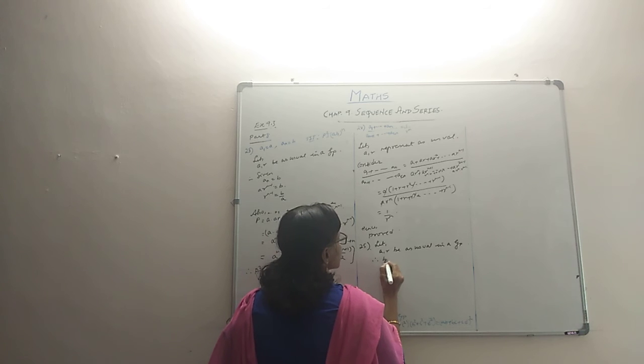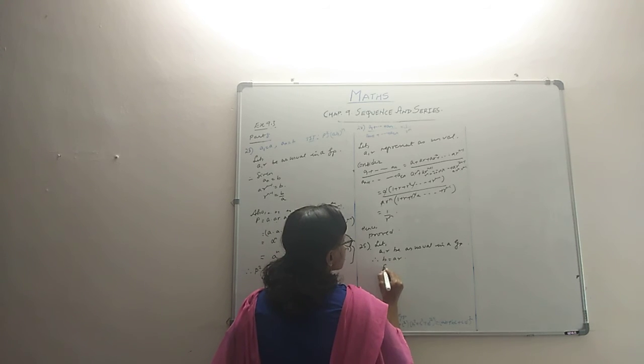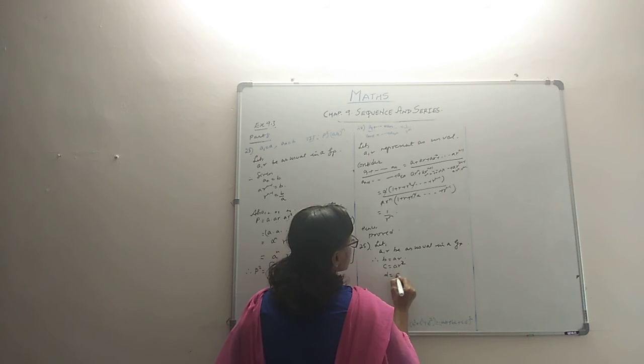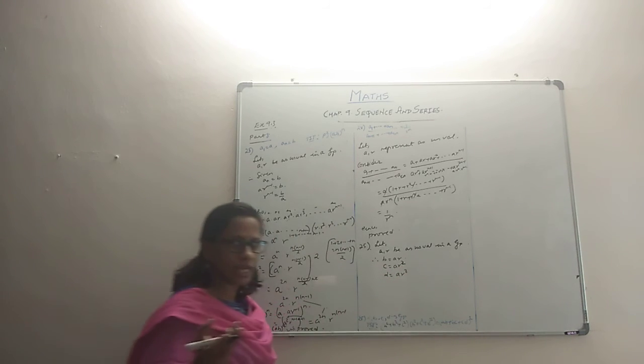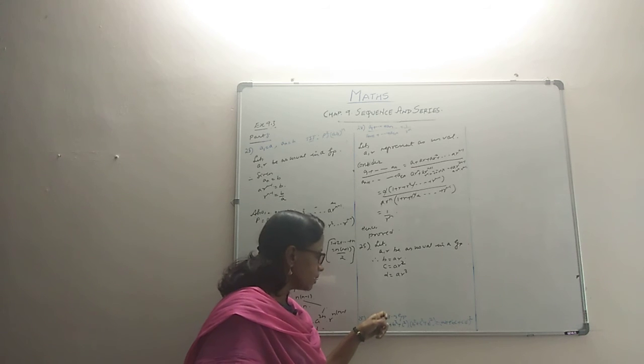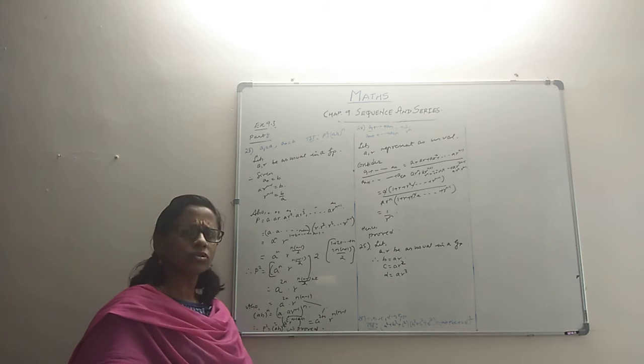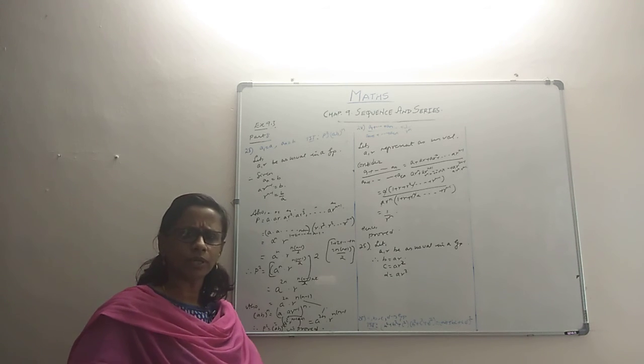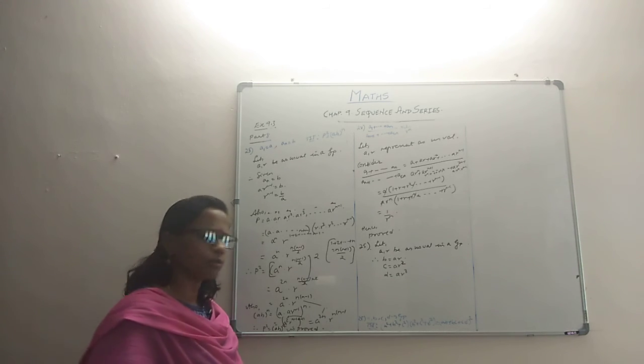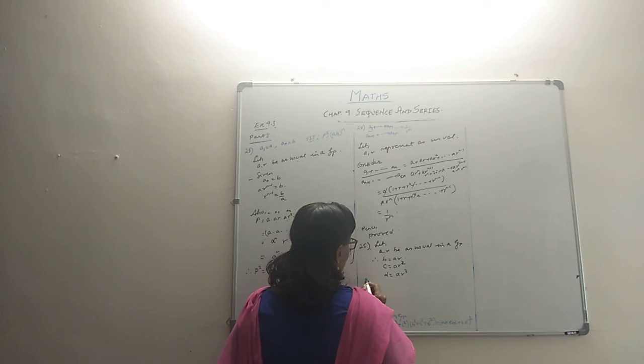So what does it mean? B is the second term, so it's ar. C is the third term, so it's ar squared. D is the fourth term, so it is ar cubed. First term, second term, third term, fourth term. This is how we write it. Then you have to show this. Why don't we take the left hand side, do it, take the right hand side, do it, and show that they are equal. So consider